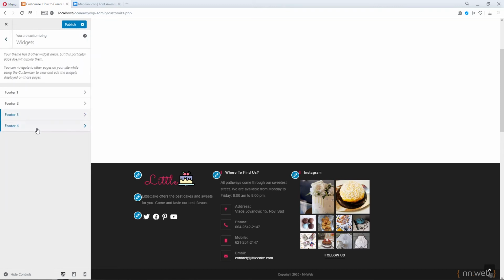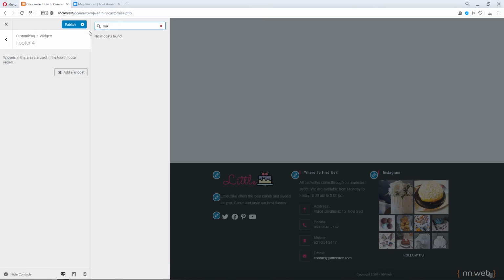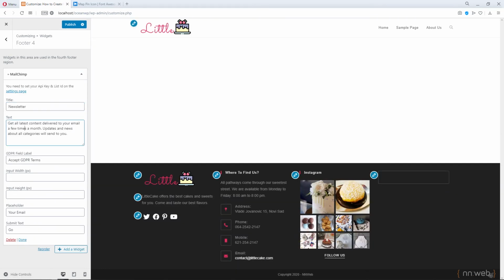Then let's go to the footer 4, and here let's add newsletter. Wait, mail, yeah, MailChimp. Okay, this is our text. Input width will be 11 pixel. You see when you type 11, the newsletter pops up here. Okay, these settings are okay. Click on publish, and now